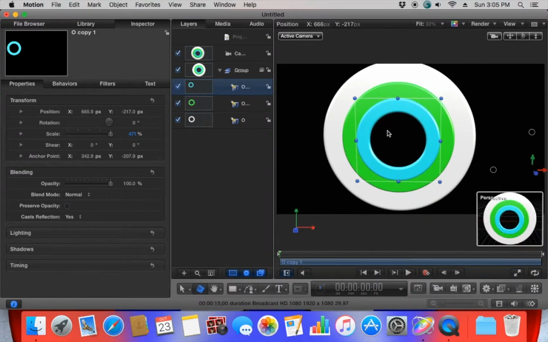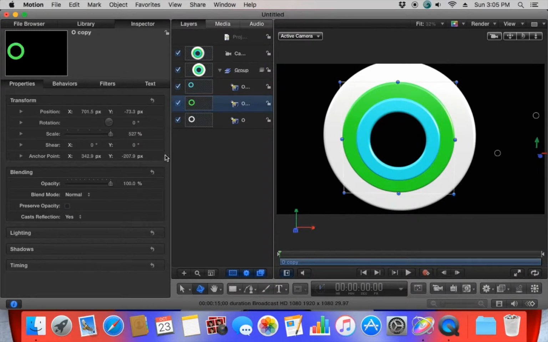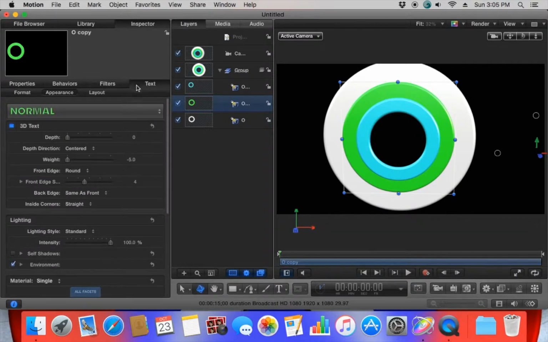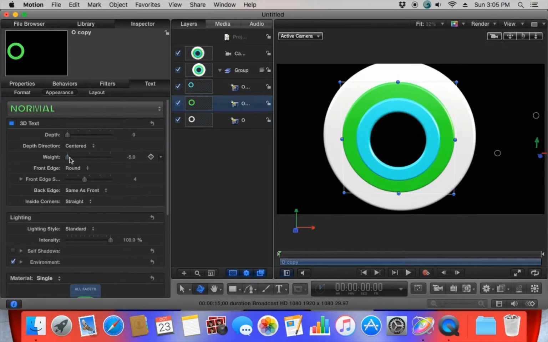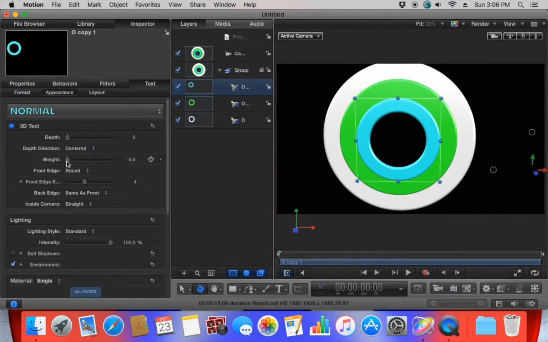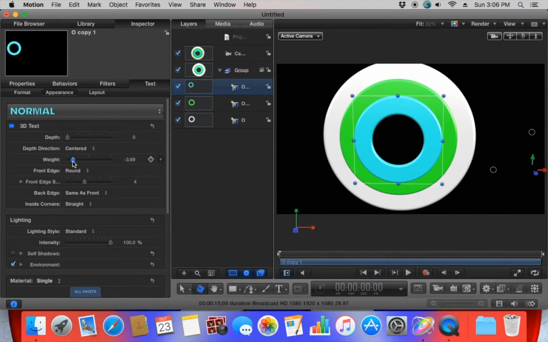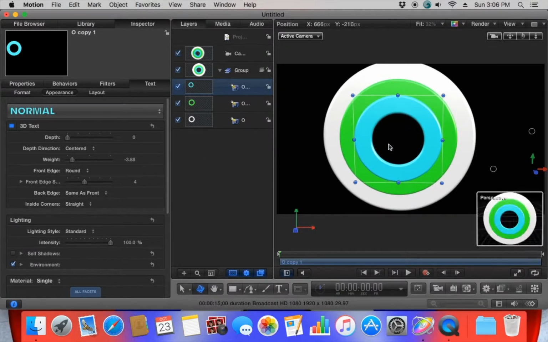So now I'm going to make this green one. I'm going to add some weight to it. Same with the blue. Okay, now